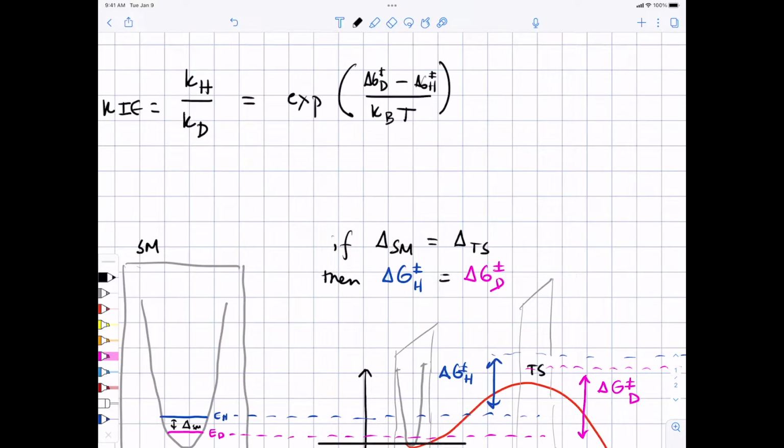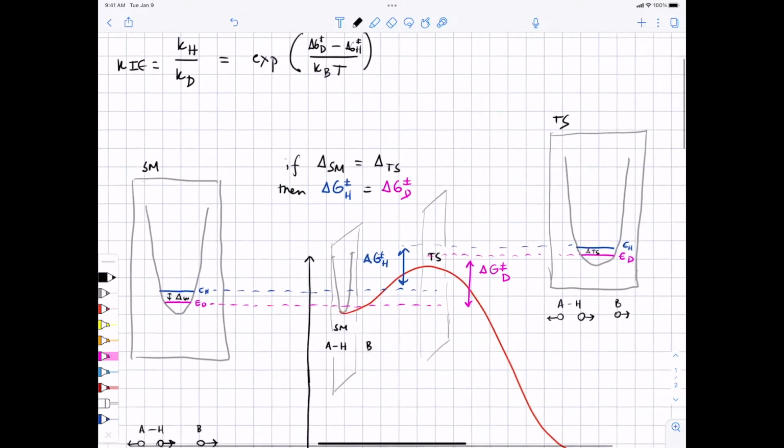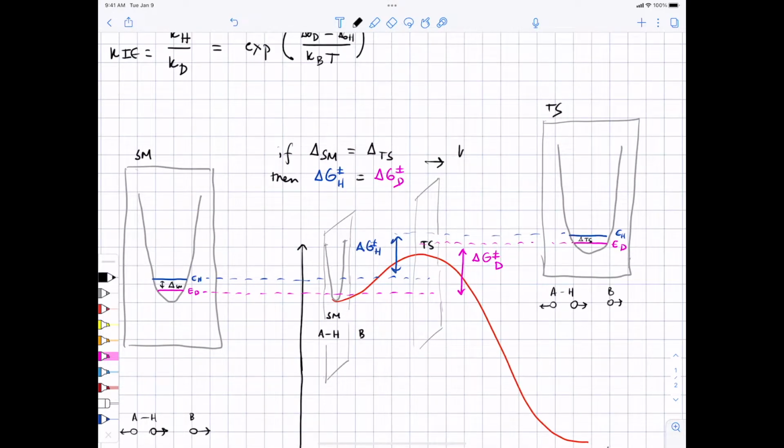If that number's 0, the kinetic isotope effect has to be close to 1. Okay? Which would mean,